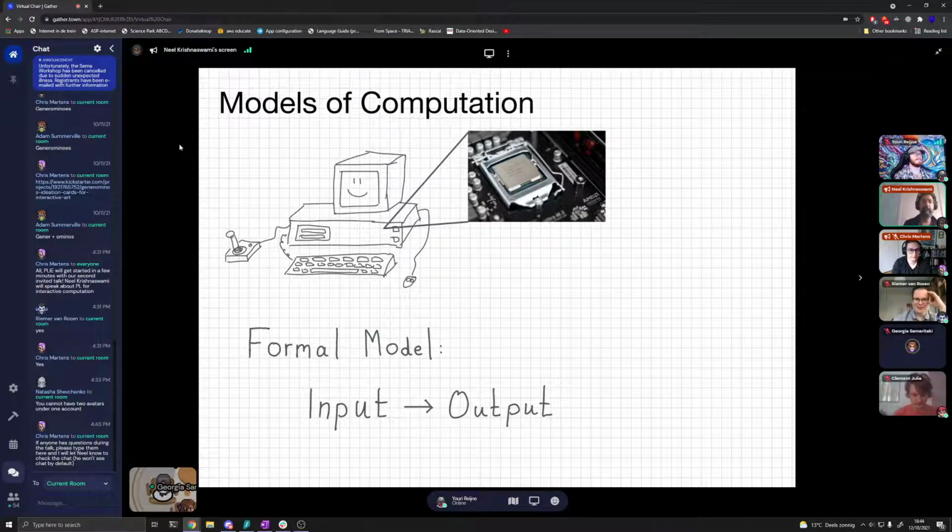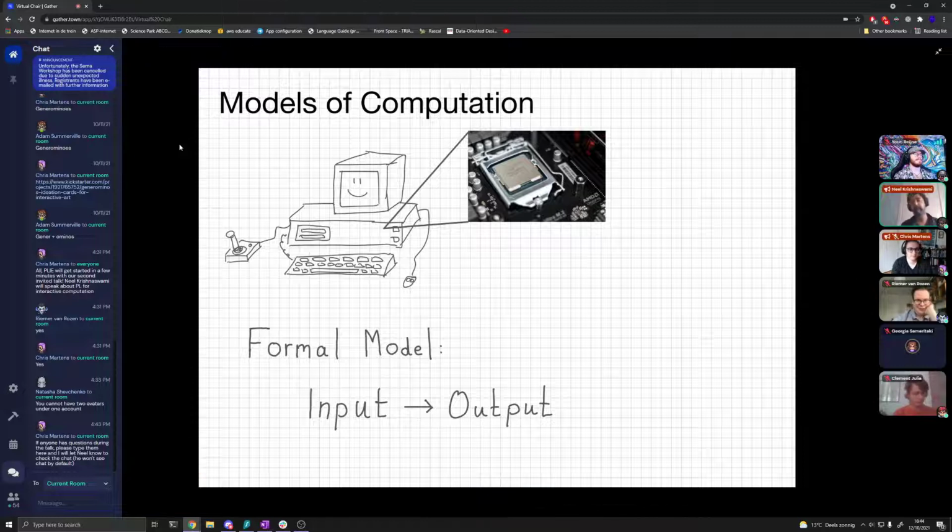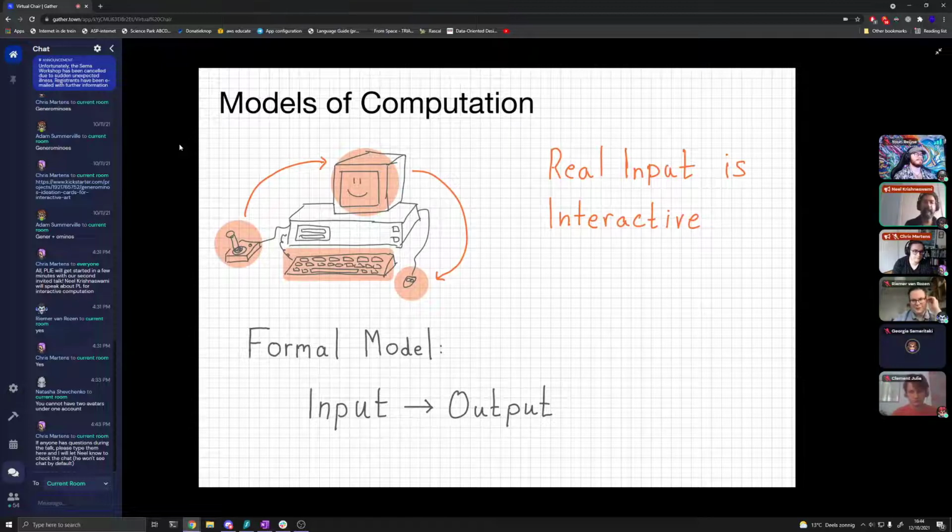Okay. So our fundamental abstractions of computers, our formal models of computers, are things that take inputs and produce outputs. And in reality, though, this has been a bad model of computers for a very, very long time. And the reason is that we think about a real interaction with a computer as an interactive process.